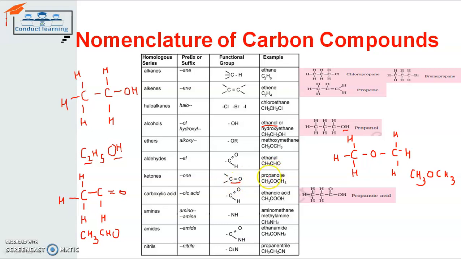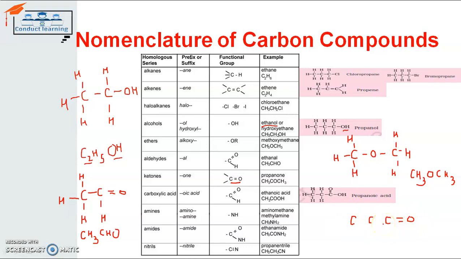So the example taken here is propanone. In propanone the number of carbon atoms is 3. Accordingly, 1 carbon atom is already there in the functional group. We need just 2 different carbon atoms. So we will take 2 carbon atoms, and 1 carbon atom is already there in the functional group. So this carbon atom will share its 2 electrons with the oxygen atom already. So it needs to share its 2 left electrons.